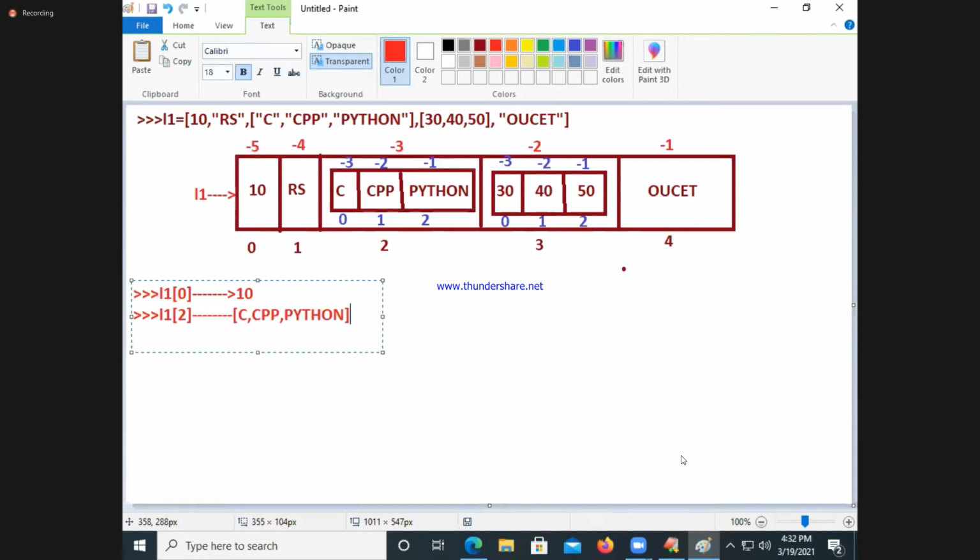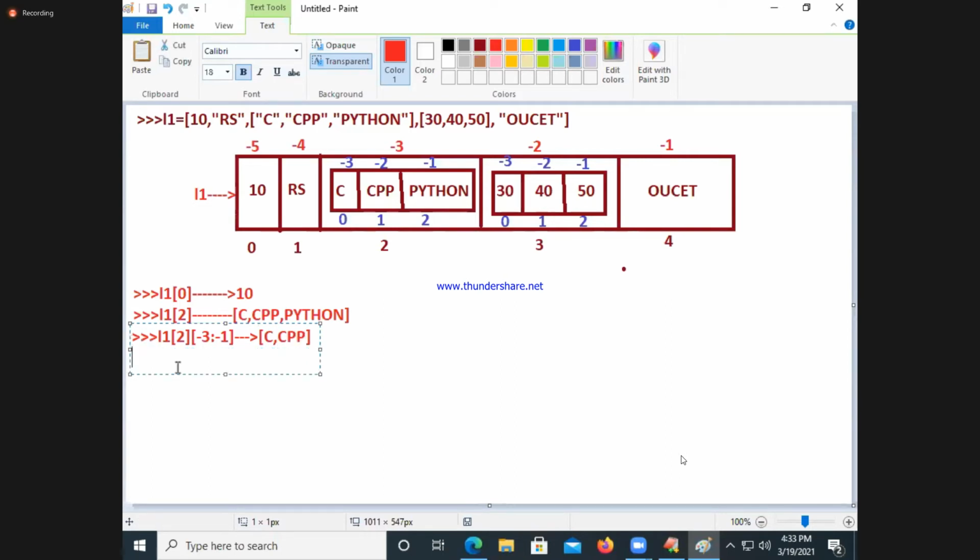Now from there I want to print like this. L1 of 2 of 1, or something like -3 colon -1. What is the output, please? C and what? CPP, like this.